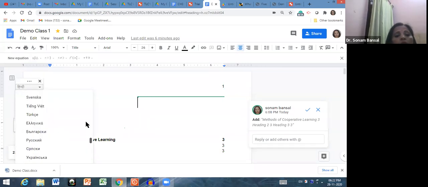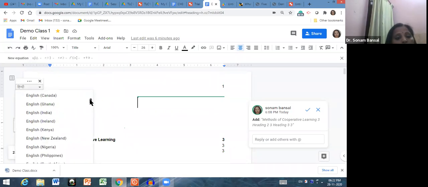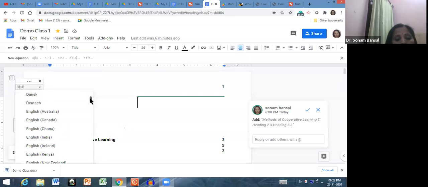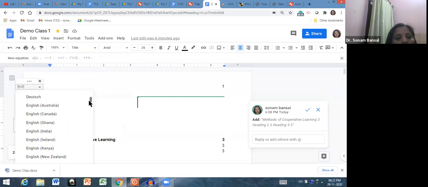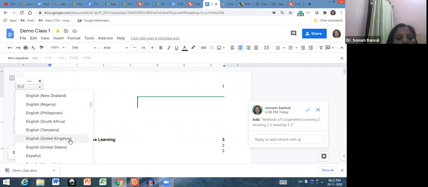You can even download it, this is Android friendly. You can do voice typing with your mobile also. With your Android mobile, you can do the typing. Just go to the app, download Google Docs, and you can type. Because you have a microphone with you, you can type anything.